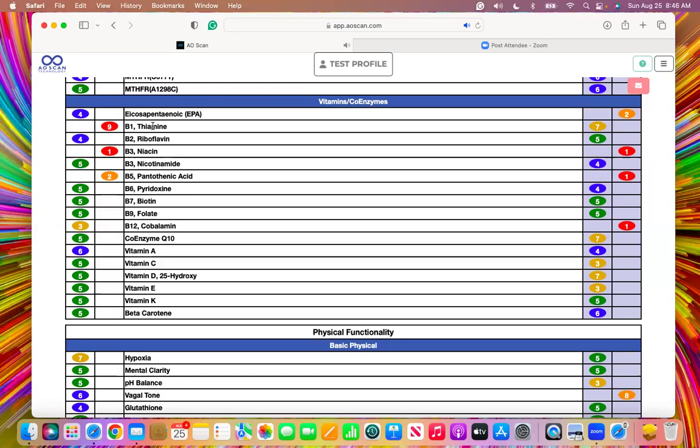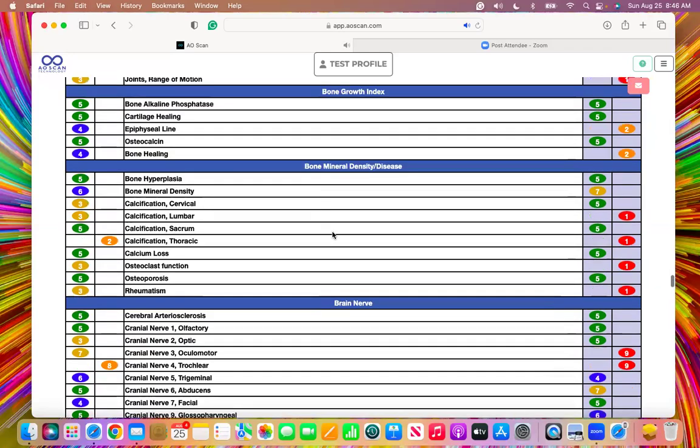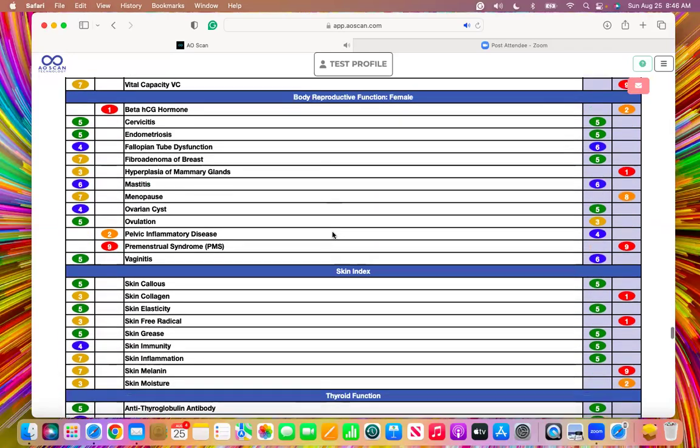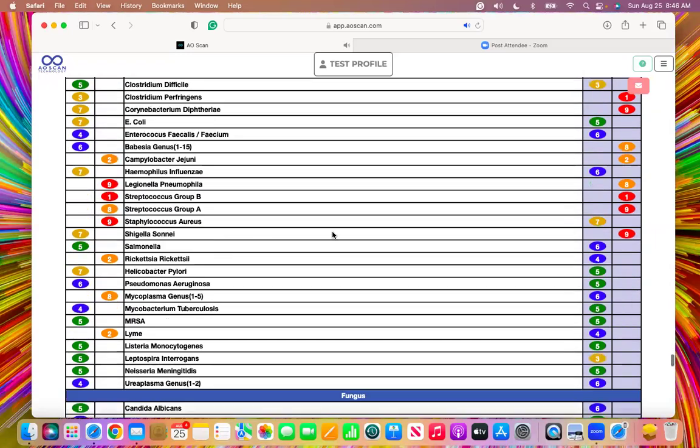We already talked about some of the foods that have a lot of oxalates in them. Typically your nuts and your seeds. We already talked about almonds. And then one of the other big things to kind of realize is oxalates will bind to heavy metals. So if we go back down here to the heavy metal section, you can see